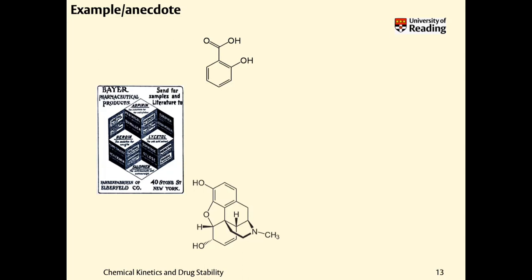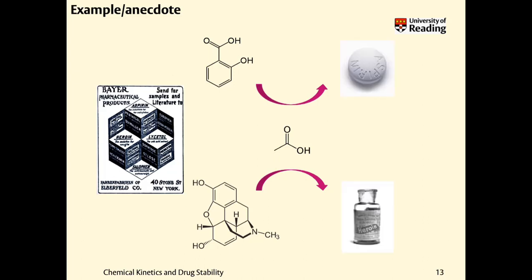One had the acetylation from morphine, and the second had the acetylation from salicylic acid. So that acetylation process that Bayer discovered enabled them to produce two very famous drugs, aspirin and heroin. Now, aspirin in my childhood was marketed for children and was available as a dispersible tablet and never